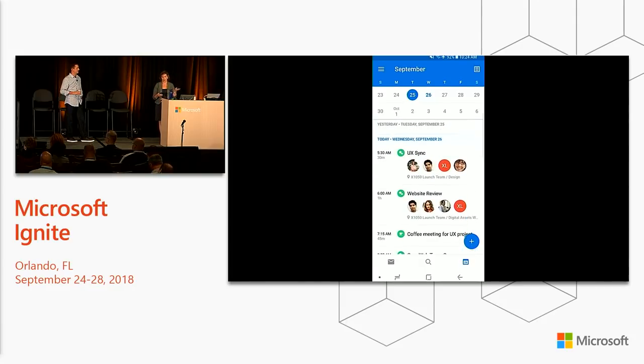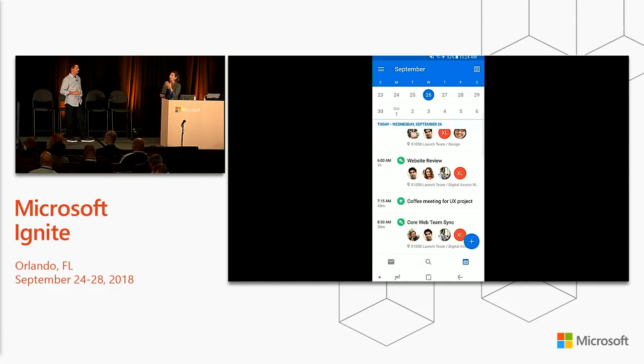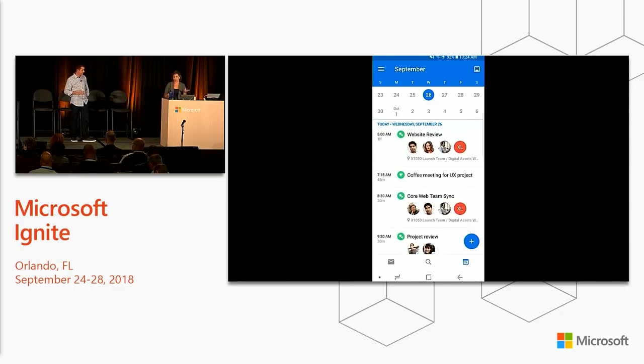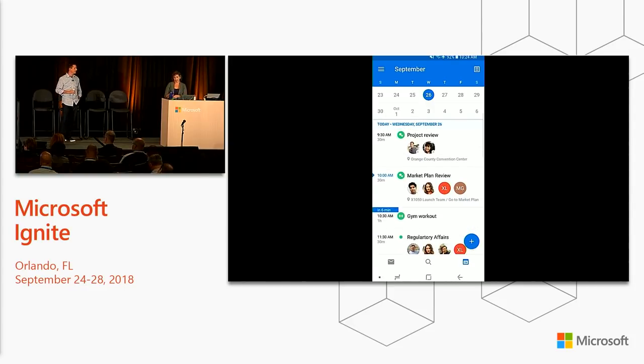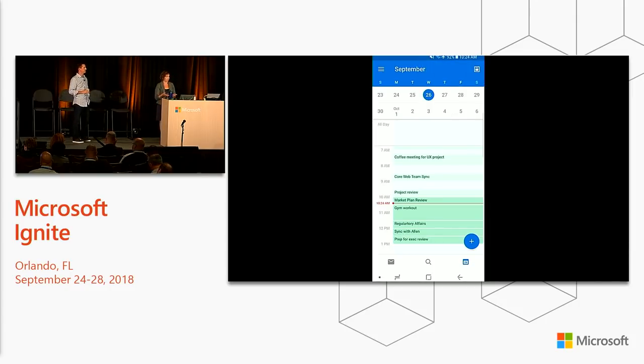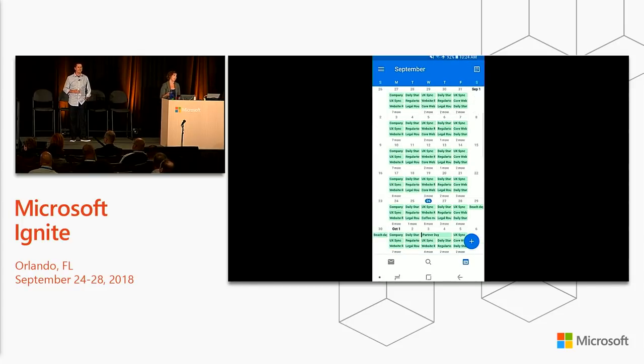Okay, but here I am on calendar, and calendar, of course, is the heart of time management, and all the things that Michael mentioned about the inbox and how we think about what you need to know at a glance and what we can do to help you focus and give context is right here in the calendar view as well. So this is the agenda view, and as you can see, I've got all the information I need. I've got these little icons that tell me this is a coffee meeting, this is a sync up. I've got the information about who's going to be at all these meetings and, of course, where they are. Now, this agenda view might not be for everybody, so of course we do provide your day view, which is the one that I tend to live in, and rolling out, hopefully next week, is our new